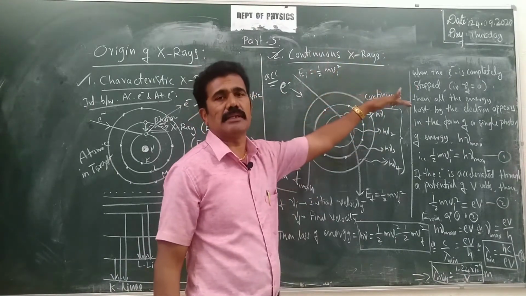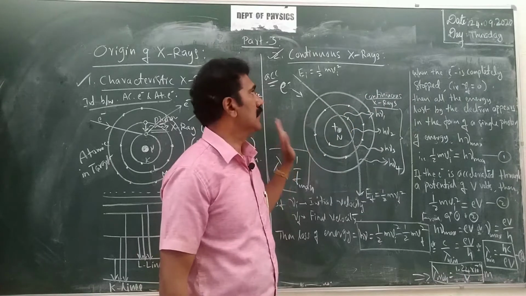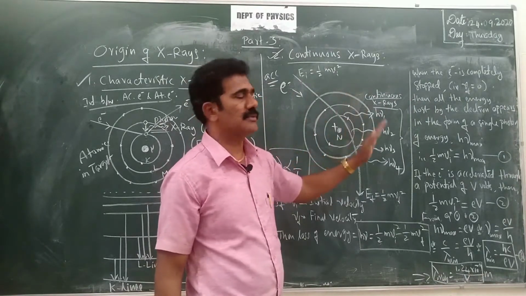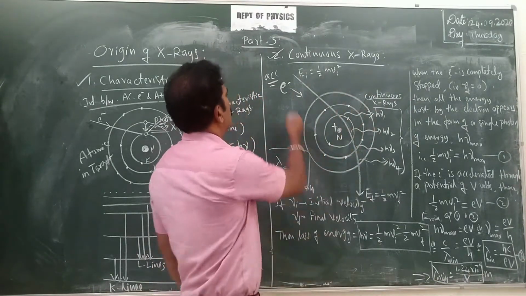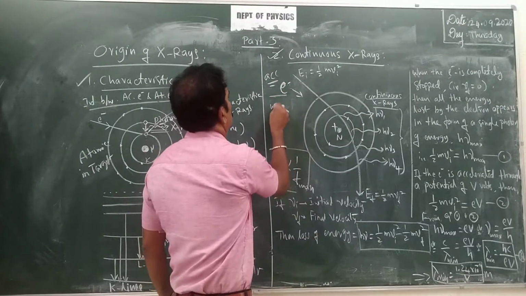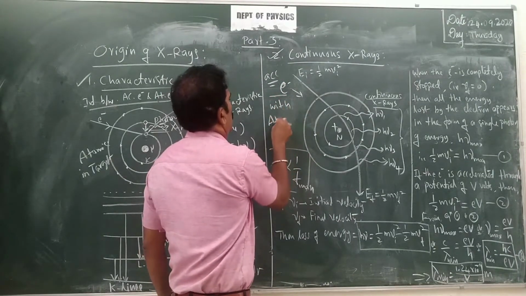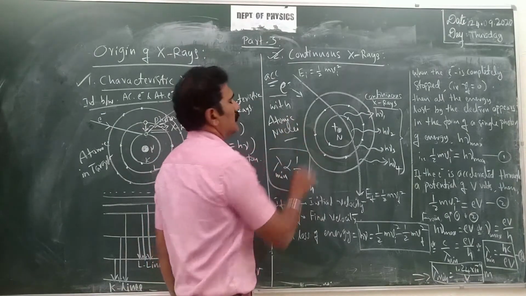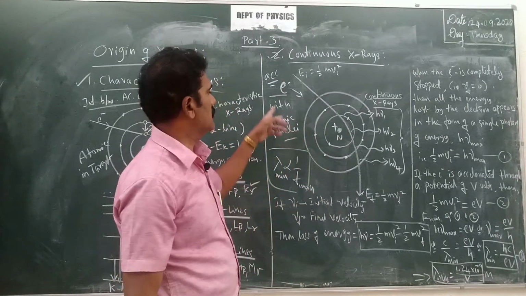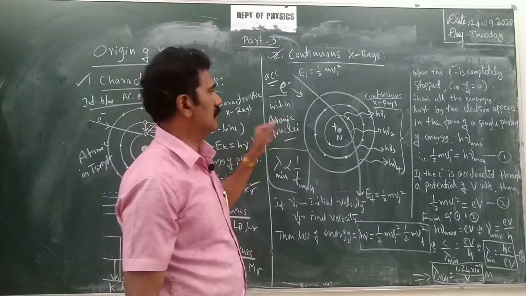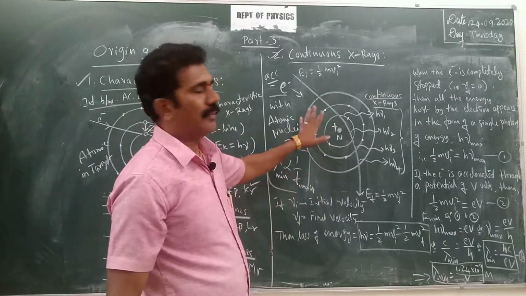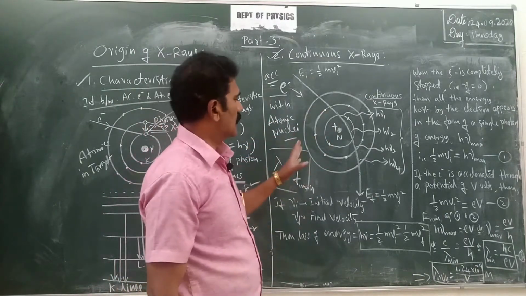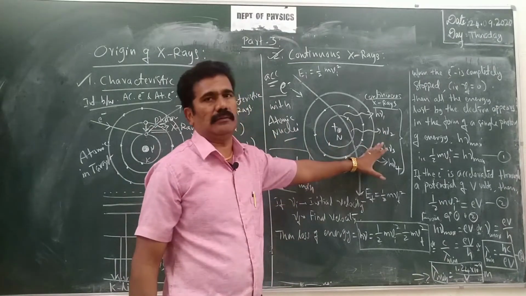All possible wavelengths are emitted here, and hence it is called continuous X-rays, produced due to the interaction between the excited electron with atomic nuclei. You have to say atomic nuclei, but not the atomic electrons. Here it is atomic nuclei. Interaction is with the atomic nuclei. Clear? Now let us consider how to calculate this energy of the photon.